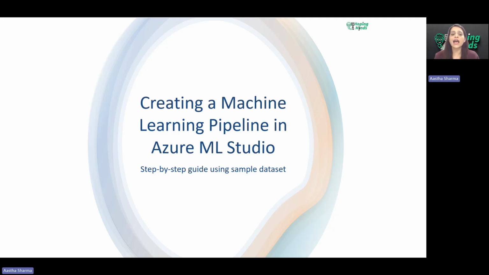So today, let's see how we are going to revise by putting all the things together, what we have concluded, how we have done that. So what we are going to do, we are going to use Azure Machine Learning Studio. Azure Machine Learning Studio is a powerful user-friendly platform that lets us drag and drop components to build, train, and deploy machine learning models. We have walked through an end-to-end example using one of the sample data sets, income prediction, which we have used in the first linear regression.